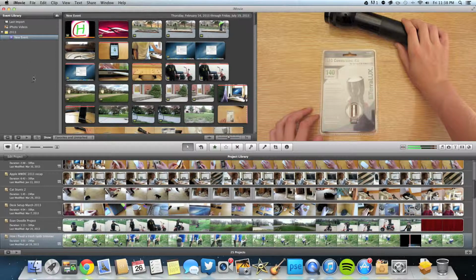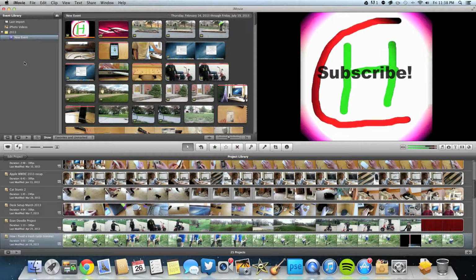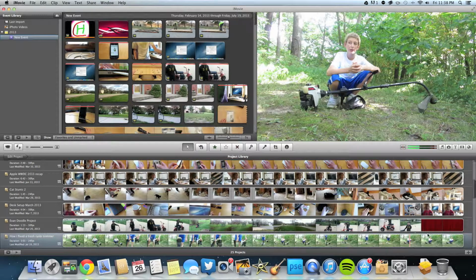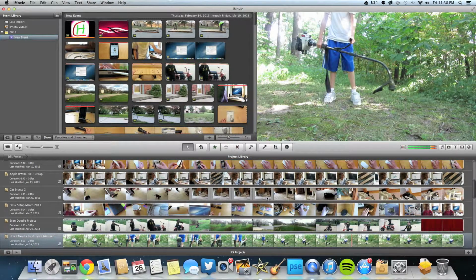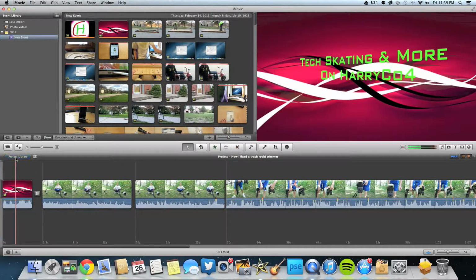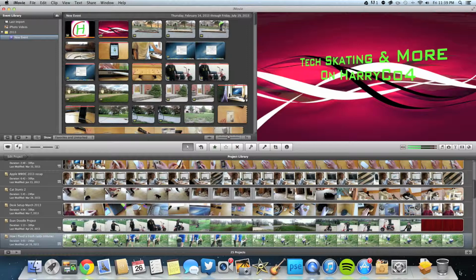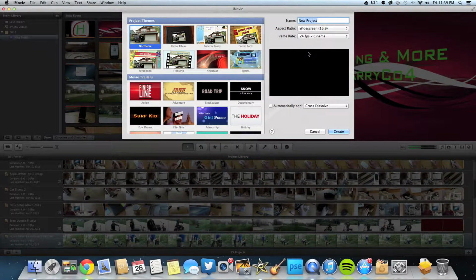I have to import the clips, so I have clips imported in this section, and then down here are all my projects. So the first thing you want to do is back out to basically whatever you get to. You don't want to be in the edit project. If you're in a project, go to the project library. So then we start by making a new project, so click the plus, give it a name,